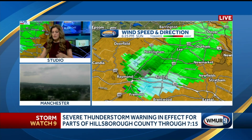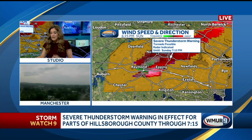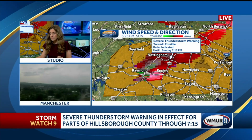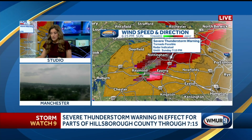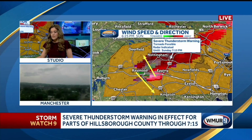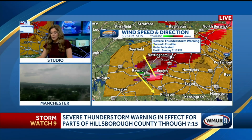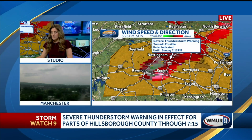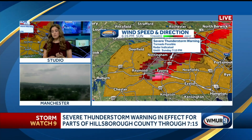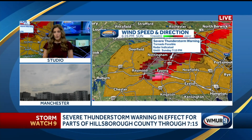We'll go back and show you the velocity scans that we've been looking at here. That's been showing the potential for rotation. Not quite as tight of a couplet as what we've been seeing earlier this evening, but certainly still active and present with that potential for rotation, both away and towards the radar. And that is why there's that tornado possible tag here that you're seeing. I'm trying to show you with this yellow arrow within this thunderstorm warning that yes, there is still rotation within this storm, and this storm is continuing to produce not only the potential rotation, but very strong winds and the potential for some large hail, in addition to those downpours that we're getting,